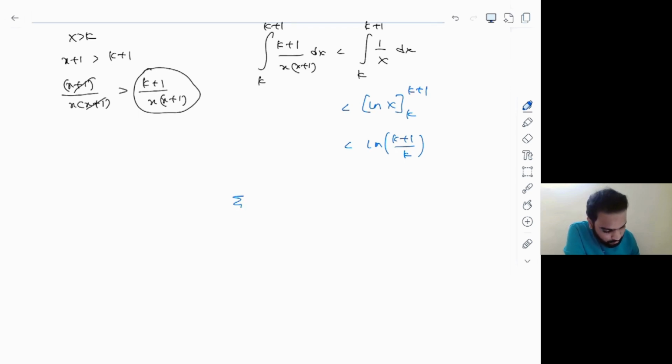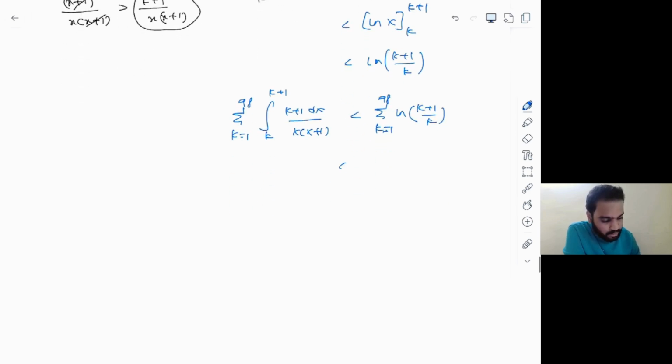So let's apply sigma. That is sigma k equals 1 to 98 integral k to k plus 1 dx divided by x into x plus 1 will be less than sigma k equals 1 to 98. The right hand side part is ln of k plus 1 divided by k. Now if you start expanding the right side, you would understand how to create the upper bound. Because if you put the k equals 1 value, you will get log 2 by 1 plus next